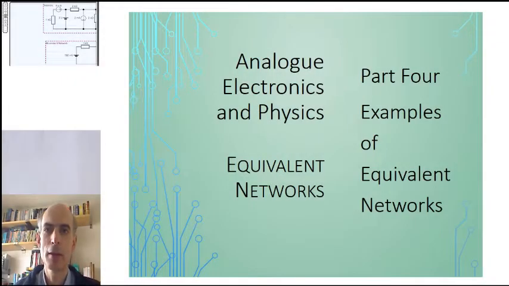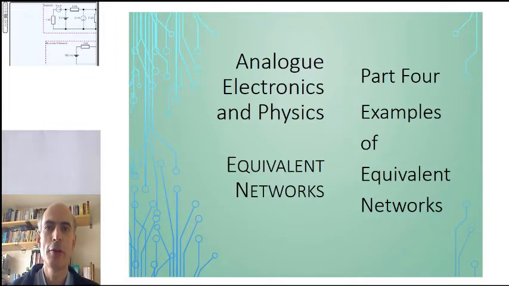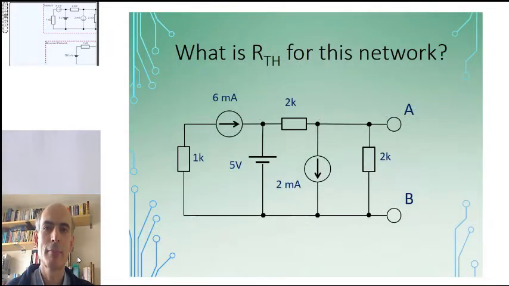Welcome back, and in part 4 we'll be looking at an example of the Thevenin equivalent network, another one. This time we're going to be looking at this circuit. It's a linear circuit. All it contains are independent current sources, an independent voltage source, and 3 resistors. And the first thing we're asked to work out is what is the resistance in the Thevenin equivalent network for